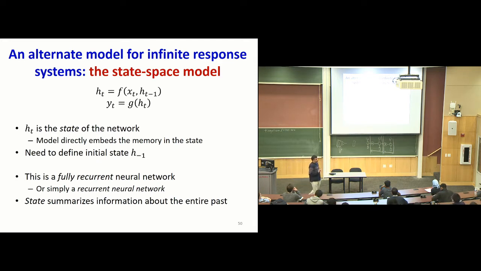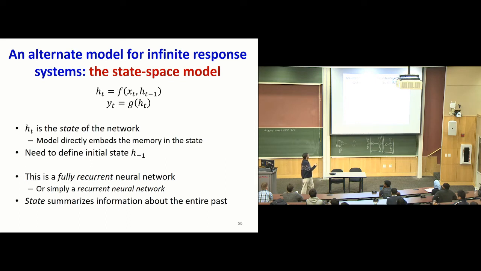So let's take a step back and look at how else we might do this. Now, how many of you here are electrical engineers? A small number. And how many of you have taken any course in controls? Quite a few, right? So the standard model over there is a state space model, right? The system has a state. The state of the system is going to be a function of the current input and the past state. And the output of the model is a function of the current state, right? So you have HT, which is a state.